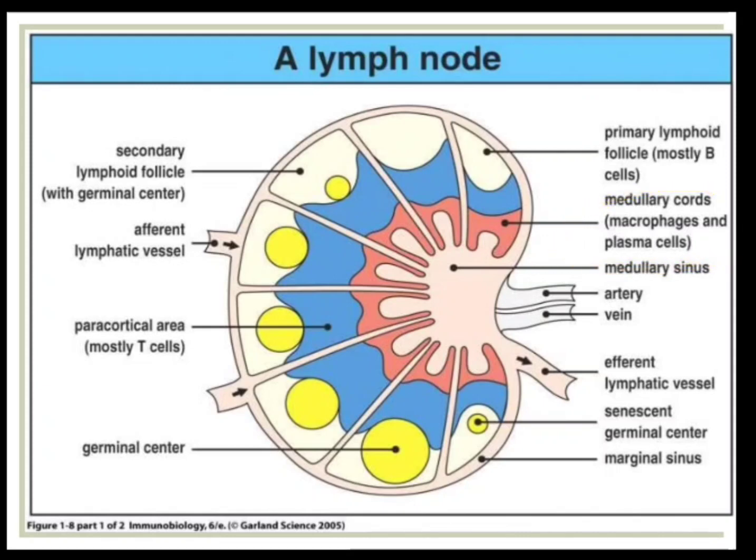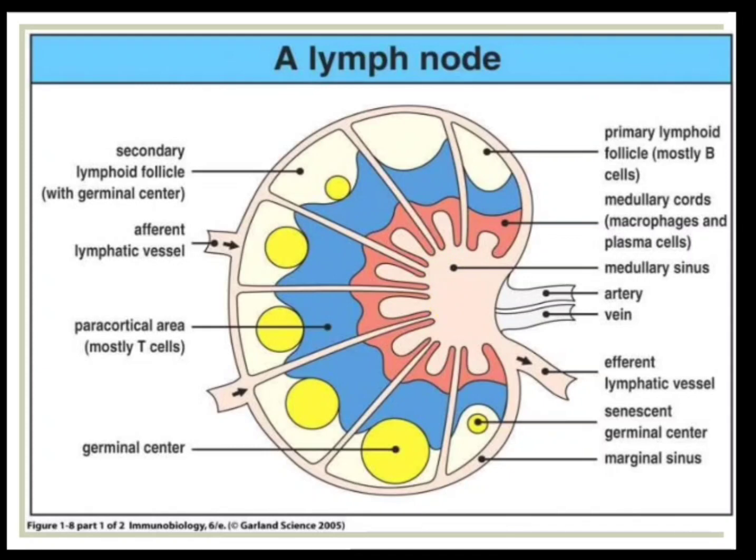Apart from that, let us see. If there is an antigen, the antigen enters, of course, and all the B cells, the T cells, the macrophages, they enter into the lymph node through the afferent lymphatic vessel. Now suppose the B cells have to participate in the destruction of the pathogen. The B cells get differentiated to give rise to plasma cells, and then the plasma cells, of course, later on